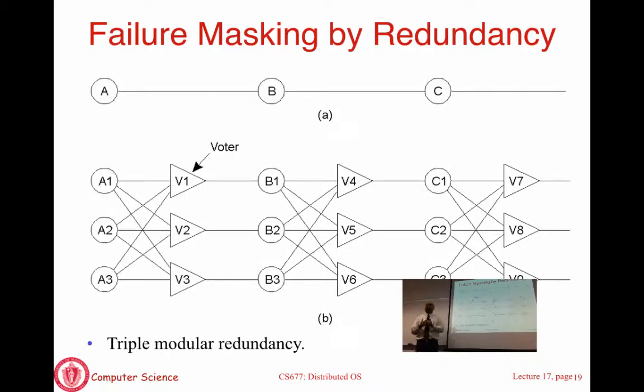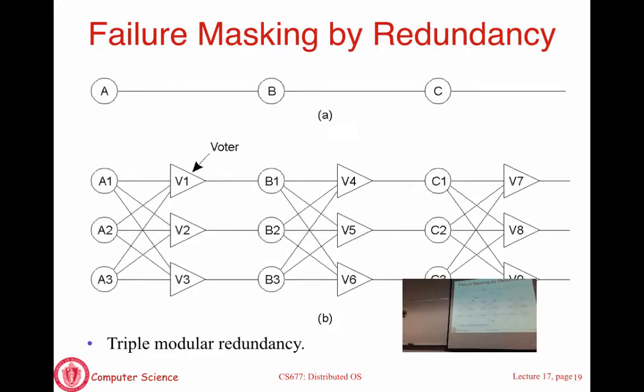The voter takes the input from the previous stage, compares them, takes the majority, and sends that as its output. So all this is doing is comparing. As you'll see, each of these 3 is going to feed to each voter. The voter is simply going to compare the inputs. If this is a bit, your answer is 0 or 1, whatever computation you do, you simply compare. Whatever values you get, at least 2 will agree. Because you can only tolerate 1 failure, you take the 2 and send it. If all 3 agree, that's also fine.